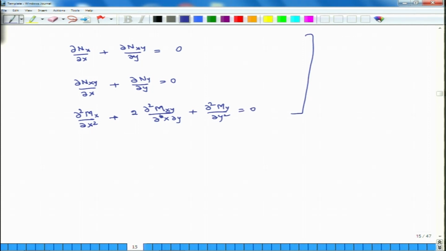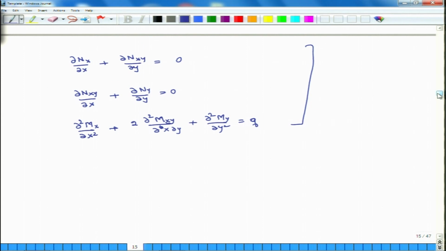Okay, I am sorry, it is equal to q. Did I write q in the other one? Actually, q is on the left side, equals 0. So, here what we have done is we have reduced the number of differential equations from 5 to 3,